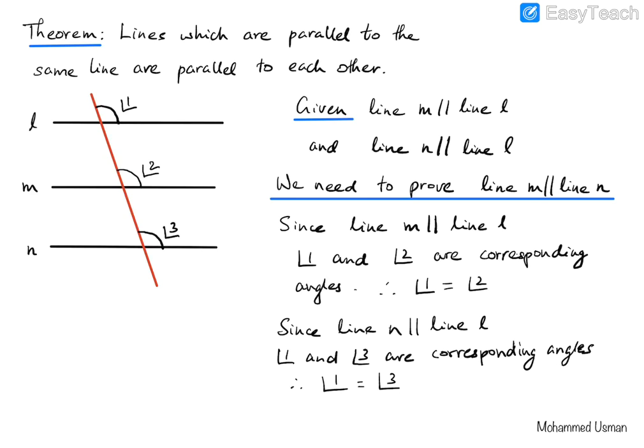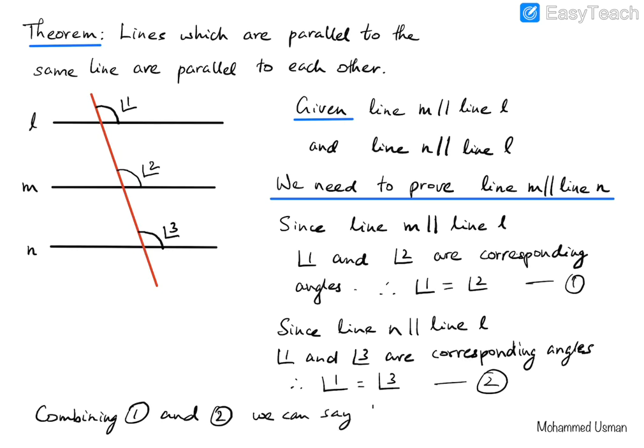So now, if we look at these two expressions, if I call this equation number 1 and this equation number 2, we see that we are saying here that angle 1 is equal to angle 2, and that angle 1 is also equal to angle 3. That means in this equation, the left hand side is the same. That means the right hand side must also be the same, right? So that means angle 2 must be equal to angle 3. So combining equation 1 and equation 2, we can say angle 2 is equal to angle 3,